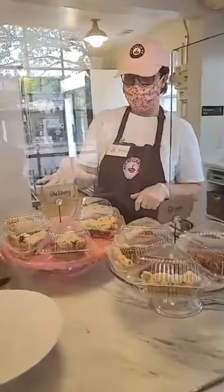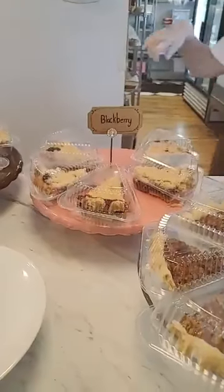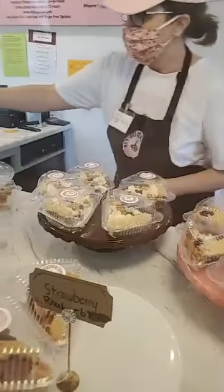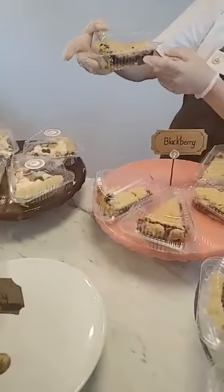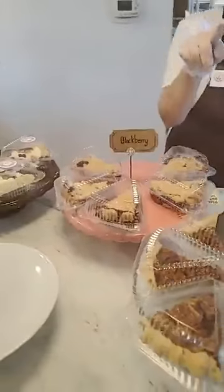And blackberry, we always make blackberry. We can do any of our fruit pies with the lattice crust, which is like the crisscross pastry crust, or we can do it with the crumb topping like we do on our apple. So like this is the Dutch, the crumb topping on the blackberry. And then pecan pie,